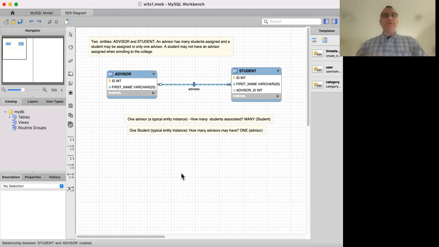Now, for the student, I don't have any kind of indication. And here I say, okay, an advisor has many students assigned, and it sounds like an advisor always must have many students assigned, which you may say, okay, yeah, it's correct, and based on the specification it is correct. We'll not have a clear differentiation, and if you put in mandatory, it will be correct. However, if you think about it, you may have the same problem with advisor. So I hire a new advisor and put them in the system. I will have a moment in my database when that advisor does not have any student assigned yet, or